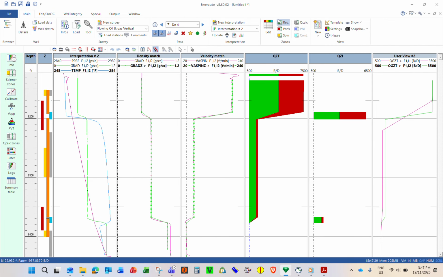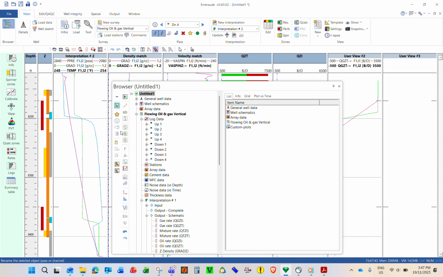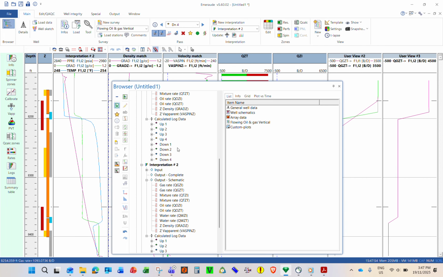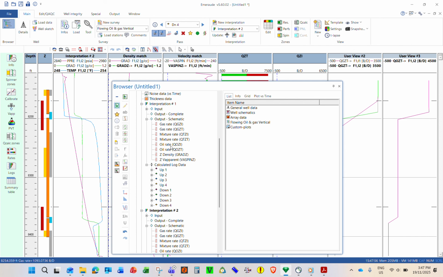Another thing, if you don't want to leave, if you just want to stay in interpretation one, you might do something like this. So go back to interpretation one. Then I have done this interpretation. I click on the browser, interpretation one.